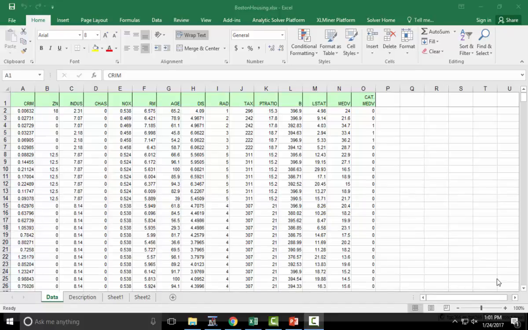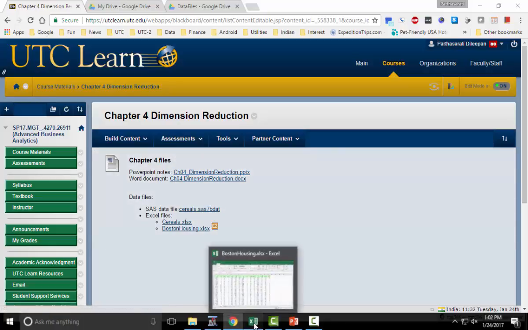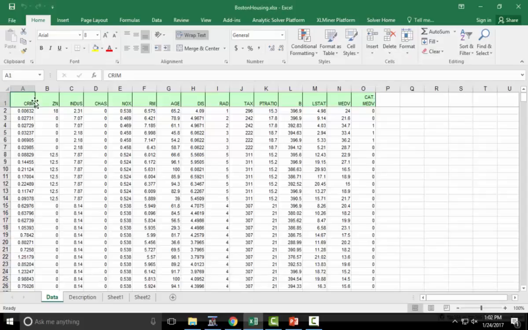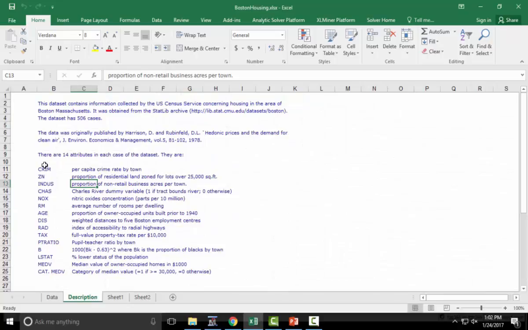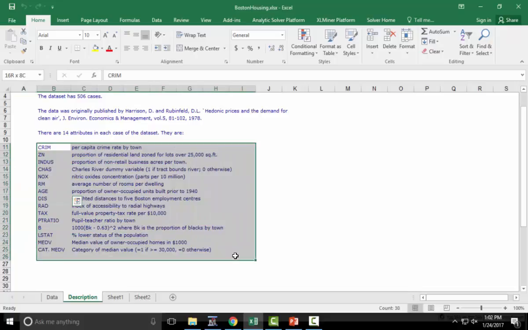Okay, so now we're going to look at dimension reduction by reducing the number of categories in a nominal predictor. The example that we're going to use is Boston Housing, chapter 4 files. Go ahead and download that file. This is a data set that we've already looked at, and here is a description of all the variables that are present in the